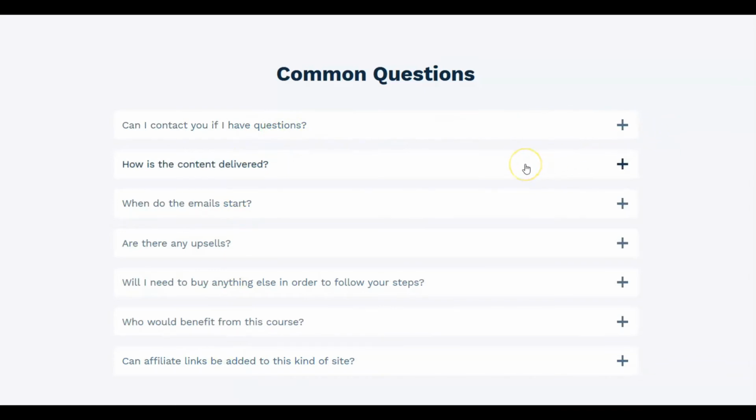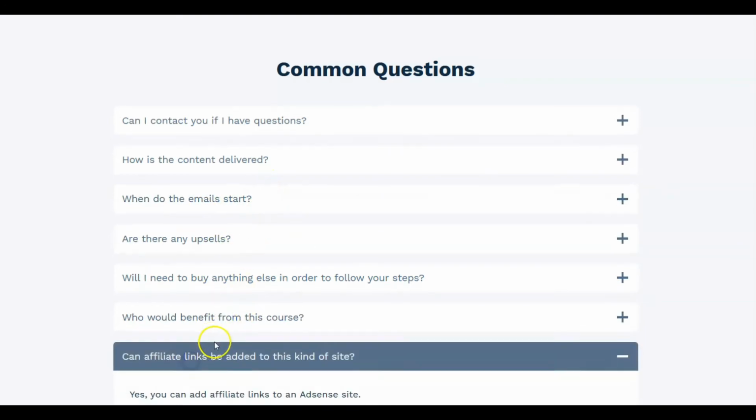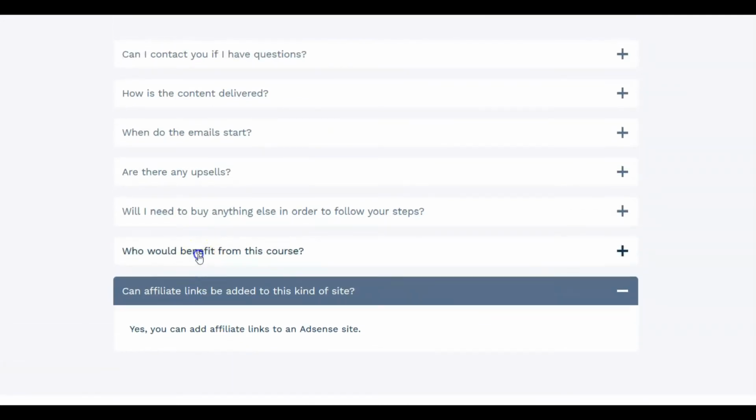Now, the course is laid out over a 30-day period. I only have the first 5 or 6 emails because the course only came out about 10 days ago, so there's only so much of the course that's been issued already. As it's issued, you'll get directions on what the next step or a couple of steps are for you. The emails started the day after you purchased the course. So again, if you click on these, you'll get the answers to your questions.